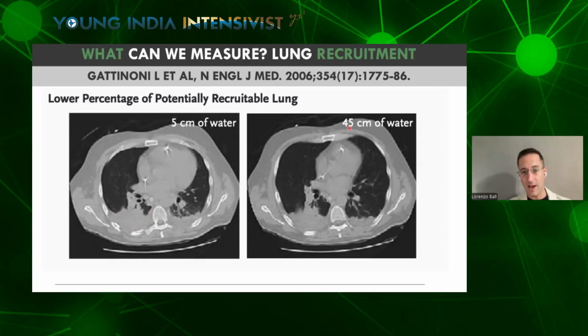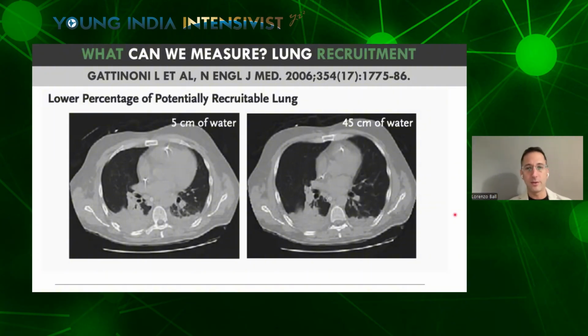If I apply a higher pressure, I do almost nothing to the collapsed regions of the lung because they are consolidated, and there's no PEEP level which is capable of reopening these heavily closed alveoli. And in this case, what we get is that the ventral region of the lung becomes more black. So we are just hyperinflating the ventral parts of the lung.